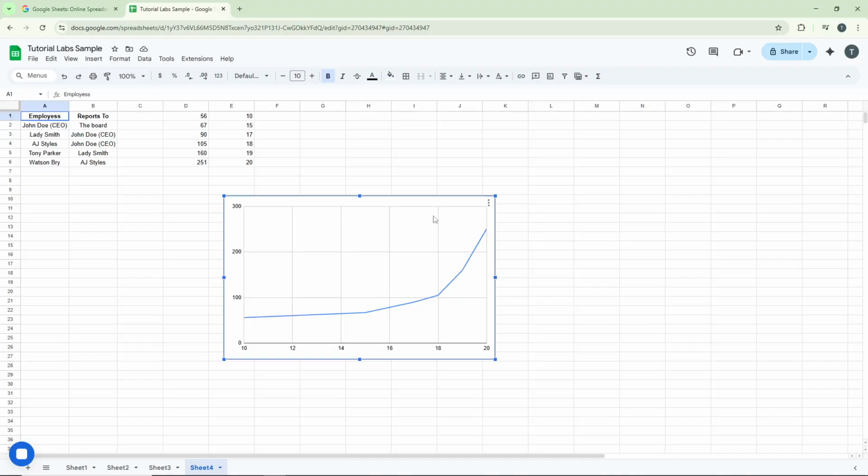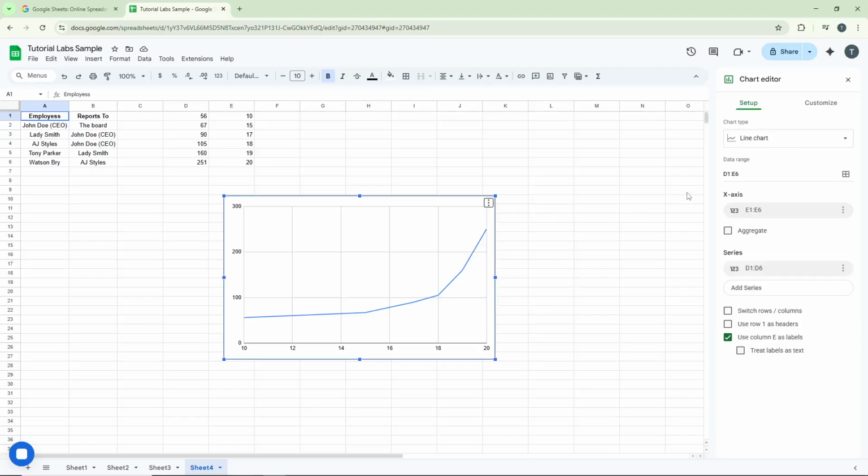Next, look for the three dots in the top right corner of the chart. These dots represent the menu button that gives you access to various chart options. Click on those three dots, and from the drop-down menu that appears, select Edit Chart. This action opens up the chart editor panel on the right side of your screen, which is where all the